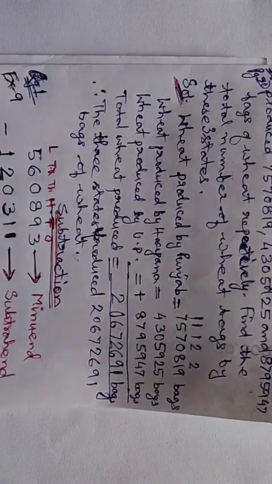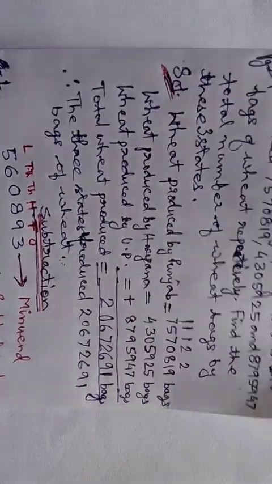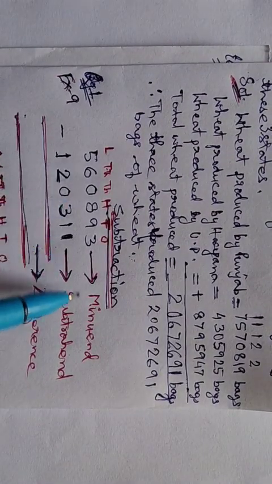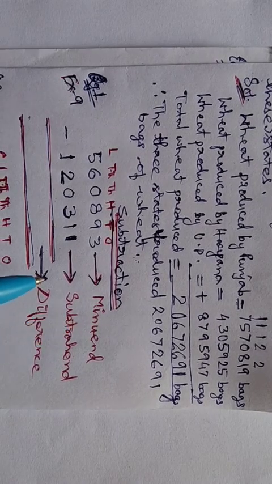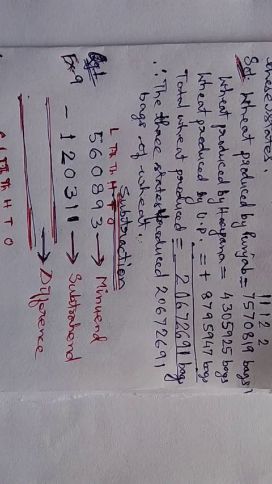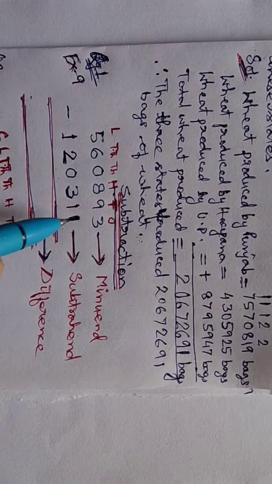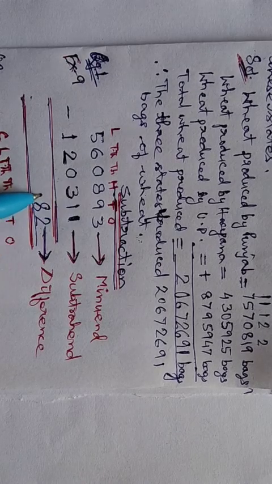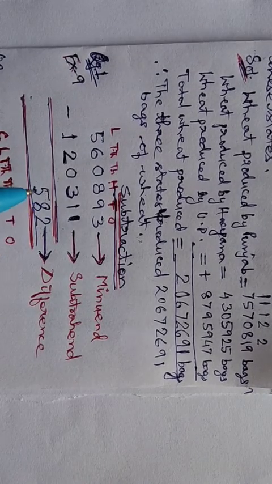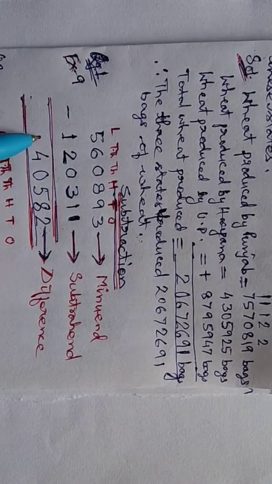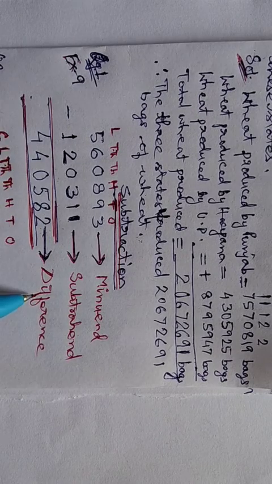Now children, let us try to understand subtraction. If you see carefully, what is the meaning of subtraction? The number from which we subtract is called the minuend, and the number which is subtracted is called the subtrahend. I hope you understood. So let us subtract: 3 minus 1, that is 2, 9 minus 1, 8, then 8 minus 3, that is 5, and very easy, 0 minus 0, 0, 6 minus 2, 4, 5 minus 1, 4. So this is called the difference.